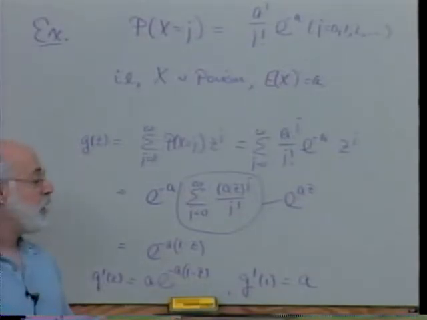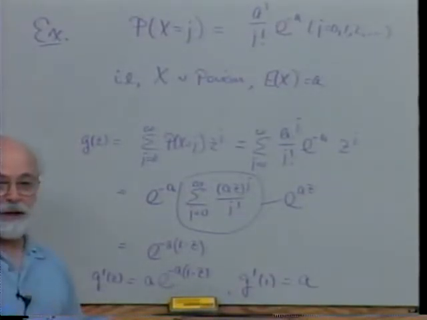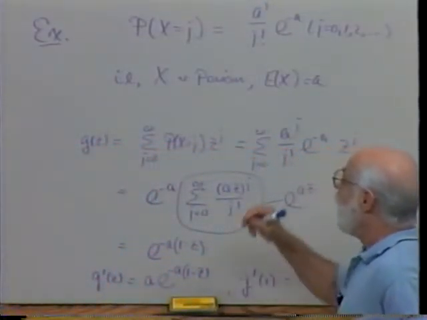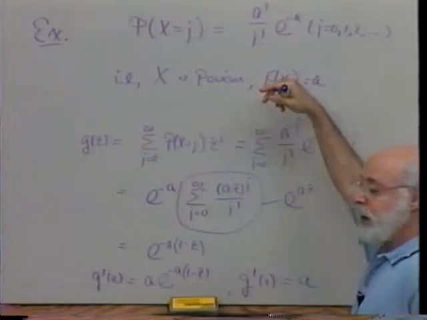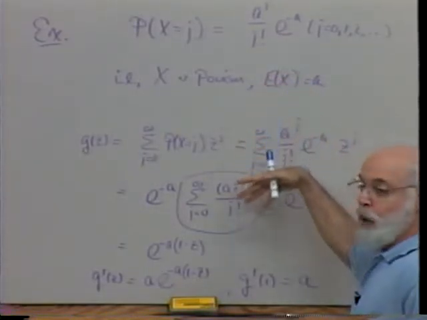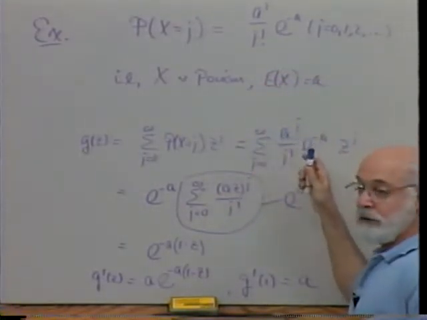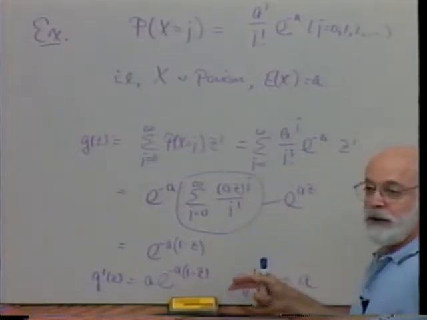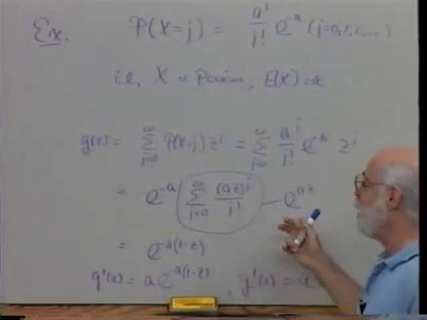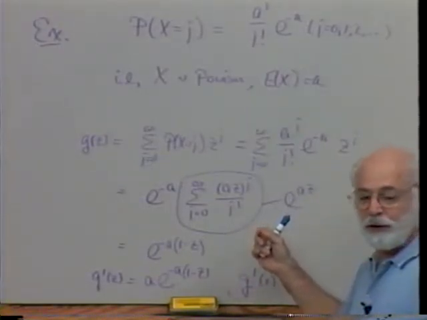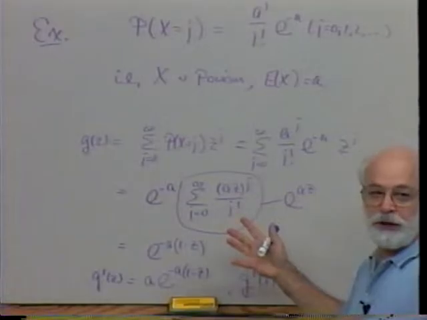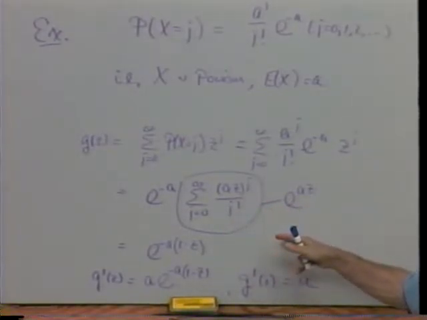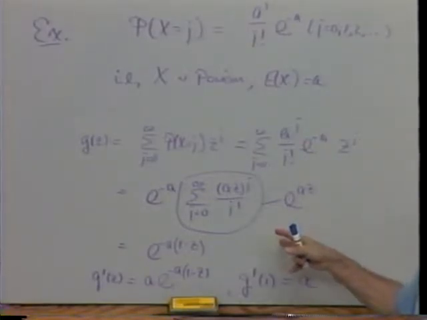Now, in elementary books, what they often do, which is really overkill, although maybe that's the way of teaching this, is to take various different random variables and find their moments, for example, by finding the generating function and then differentiating it. But ordinarily, there's no point in doing that. If you have an explicit form for the random variable, then you don't need to go through the generating function. The point is that there are some other uses of the generating function other than simply calculating expected values that